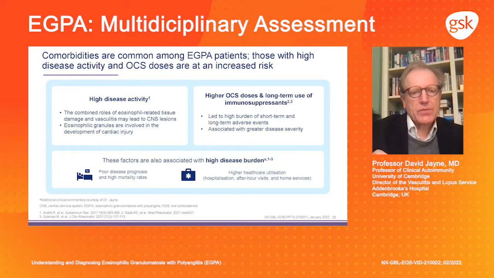So those patients who present with poor disease prognosis, namely cardiac, renal, gut, or CNS disease, have a high mortality, and this justifies a high level of steroids to try and get the initial disease control. These patients will also have higher healthcare utilization. They're more likely to require specific input in terms of the organs involved, and certainly the developing disability that is going to require much more long-term care. Comorbidities and serious relapse of disease and serious adverse events are the major drivers of cost after the initial diagnosis and treatment of this disease.